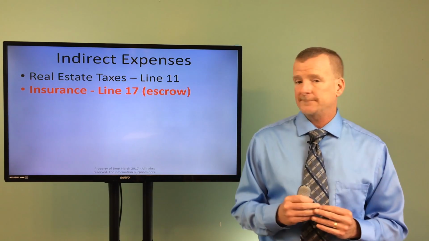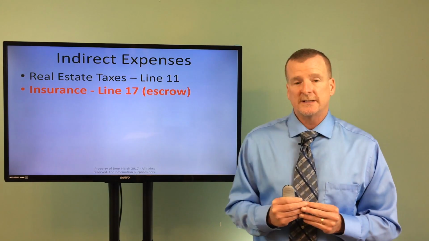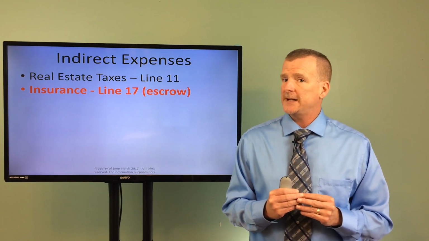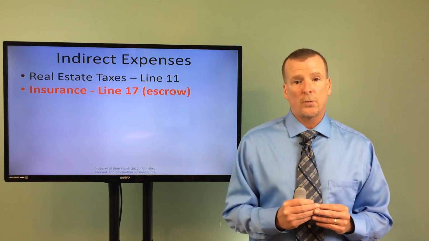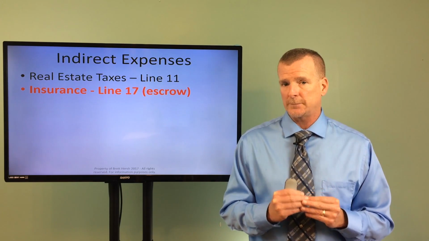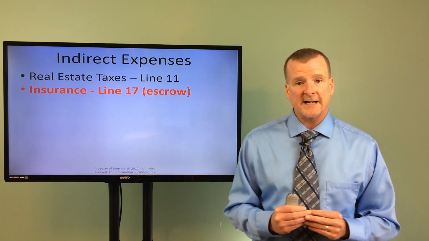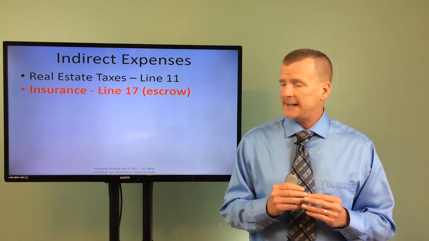Here's one that's often forgotten, and that is line 17, insurance. Insurance on your home is often paid through escrow as well as real estate taxes, and it's not often reported on your 1098 form or the form you receive at the bank for tax reporting purposes. So you may either need to contact your insurance agent or look at your bill, look at your dec page, see what you paid,